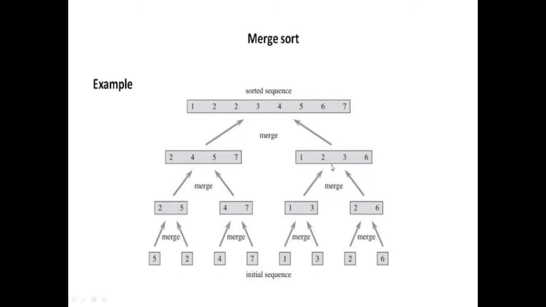Now these 2 arrays will be merged into a single array. In a single array, we have to do it the same way. Both lists will have an infinity value at the end. 2 and 1 will be compared. 1 is smaller, 1 comes here. 2 and 2 will be compared, both are the same, and then it will be taken from the left list.